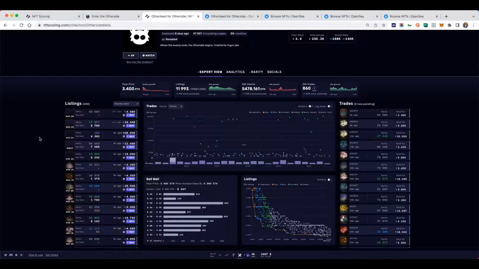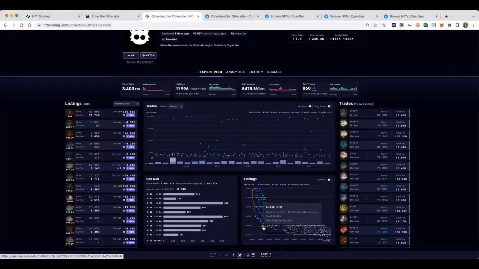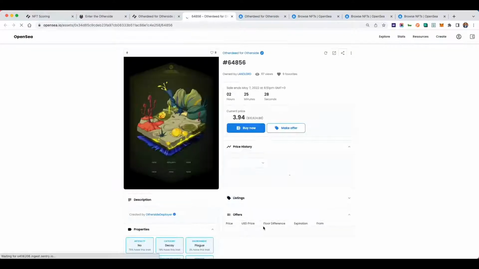All right. And when you hover over an NFT, it will also show you in the graph to the right where it says listings, it will pinpoint exactly where that NFT is. And it will show you how it's been listed relative to its other common, uncommon, rare, epic, or legendary traits. If I hover over this one, for example, we can see that there is an uncommon one, which is dictating the floor of that uncommon one. And if I click on it, I can go ahead and see.